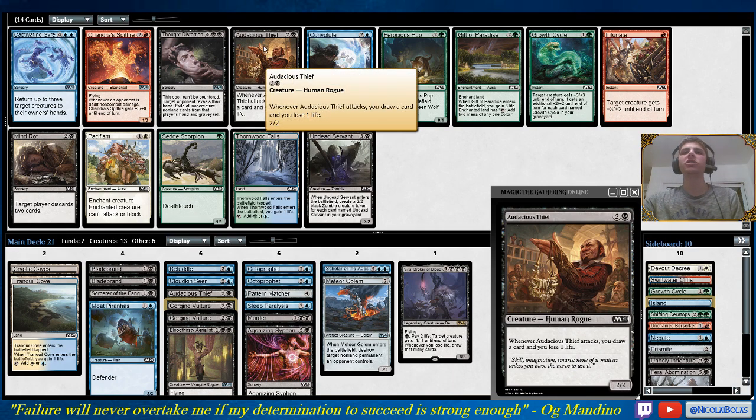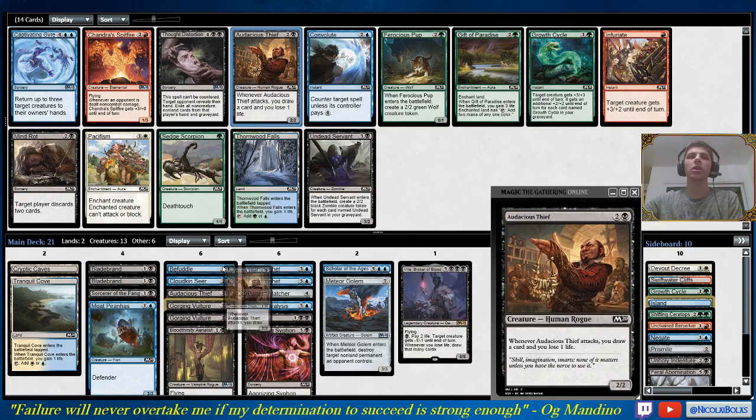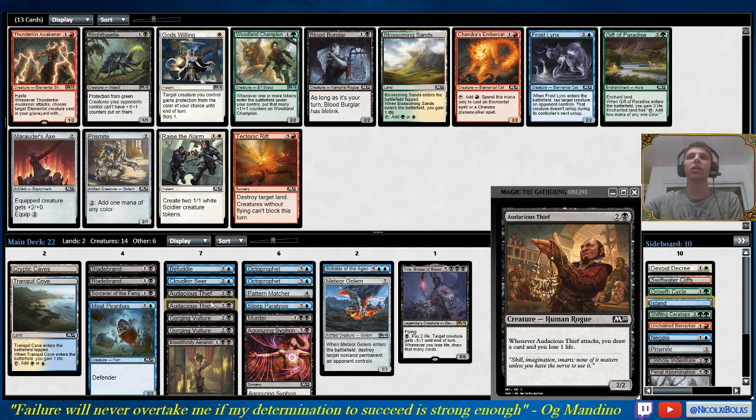It's also just a fine deterrent, because if I have an Audacious Thief in play, my opponent's going to want to hold back a blocker so that I can't just attack them and start drawing cards. So I think the Audacious Thief is a fine pickup, and it can give me some nice little aggressive draws. Now, in this pack,